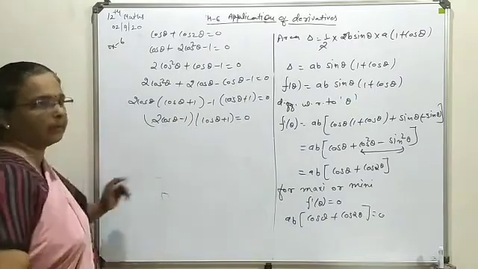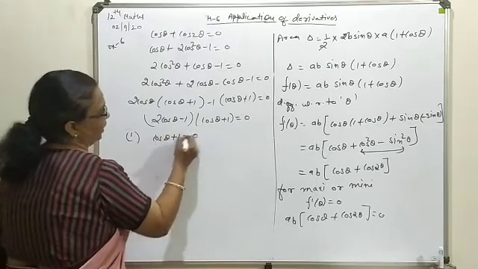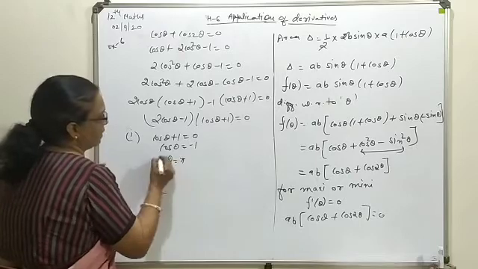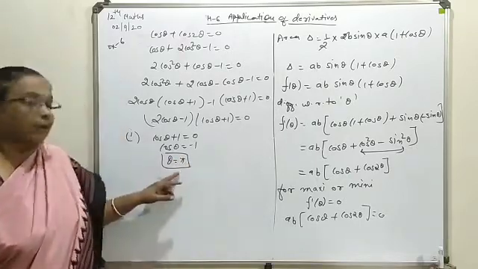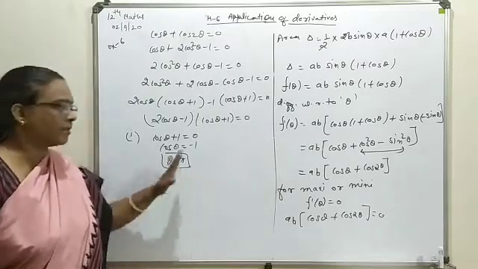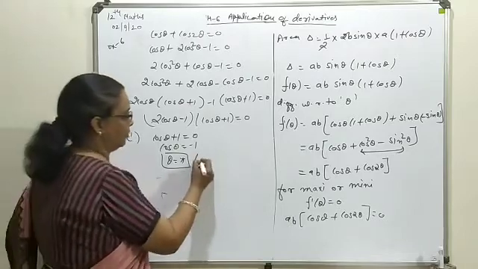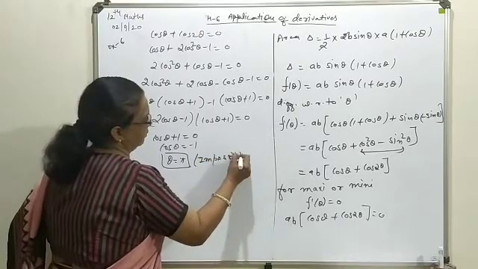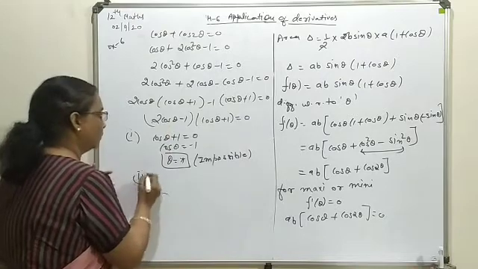Now one by one make them 0. First of all, cos of theta plus 1 we are going to make it 0. So cos theta is minus 1. Theta here you will have as pi. In real practice in any of the triangle, your angle can't be 180 degree. So this is not possible to adopt as an answer in our case. So obviously we will move about the second one.